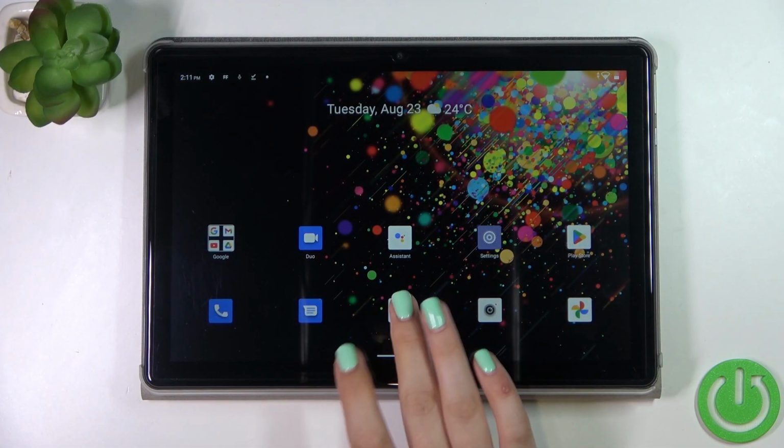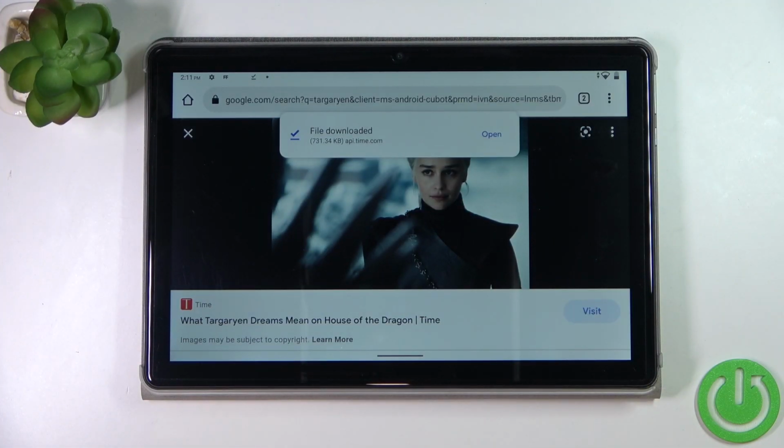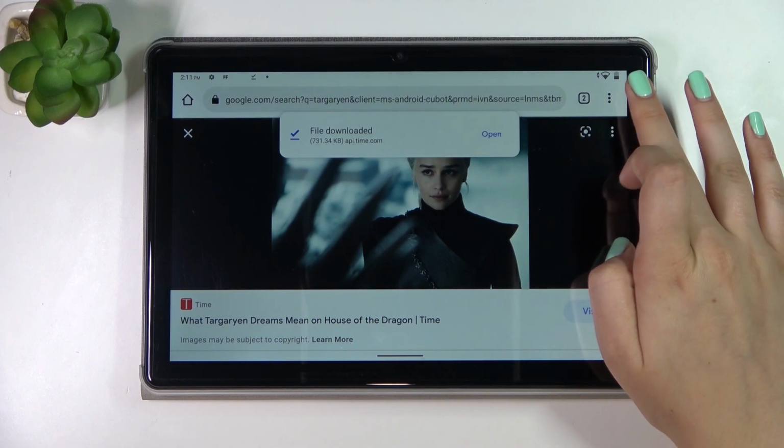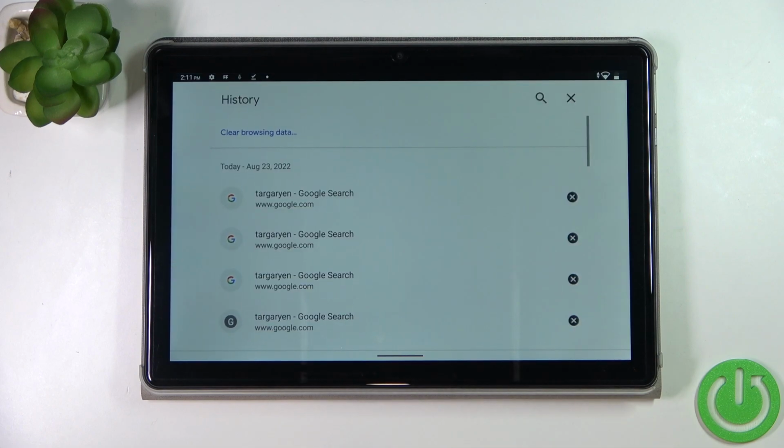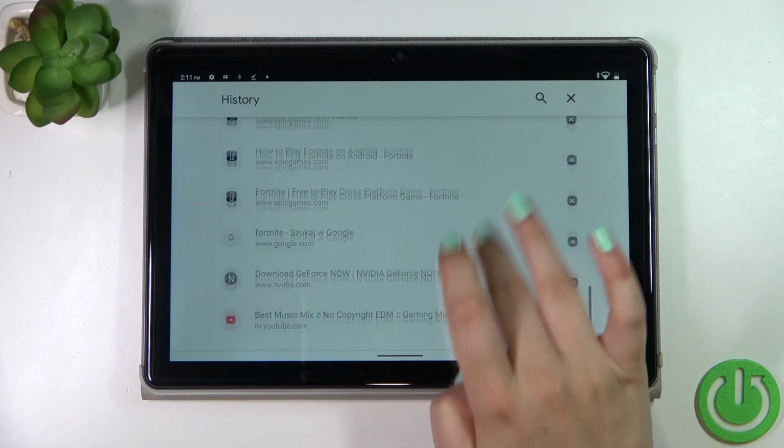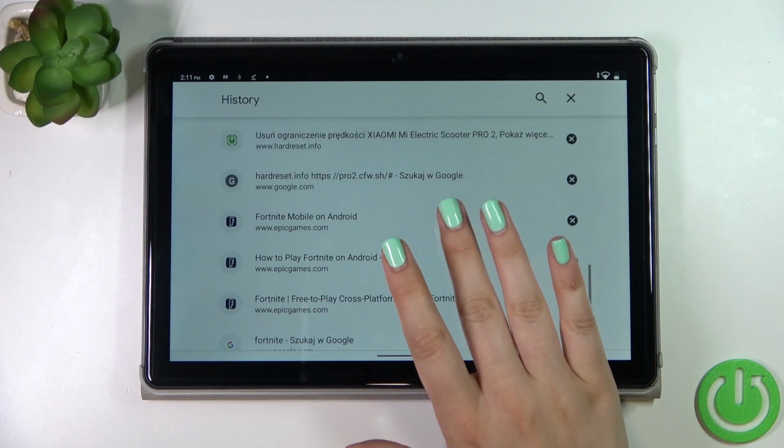So first of all, let's open the browser, and in my case it will be Google Chrome, and here we have to tap on this three dots icon in the right upper corner. Now let's enter the history, and as you can see right here we've got the full list of all previously